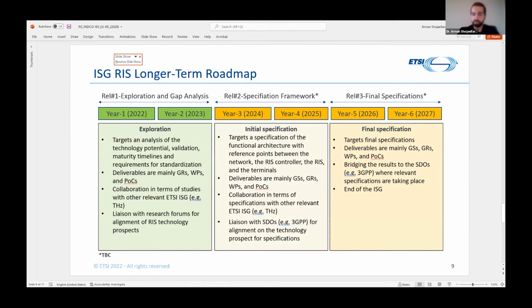We will establish relationships with other groups, and this initial release will be followed with an initial specification release, where we intend to introduce certain specifications through production of group specifications and a closer collaboration with other groups. And this phase will be then followed with a final specification phase to ensure that the results and findings of the group are streamlined into main SDOs, notably 3GPP.